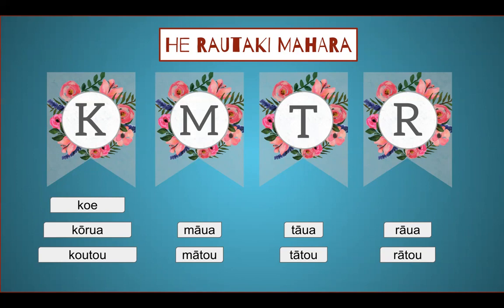If it starts with a T, it refers to both the person speaking and the one being spoken to. It's all inclusive. For example, taua and tātou, which also mean we. One way to remember this is T for tātou, T for together. Lastly, if it starts with an R, it refers neither to the speaker nor the one being spoken to. For example, raua, those 2, and rātou, those 3 or more. Both words mean they, and sometimes them, depending on its use in a sentence.